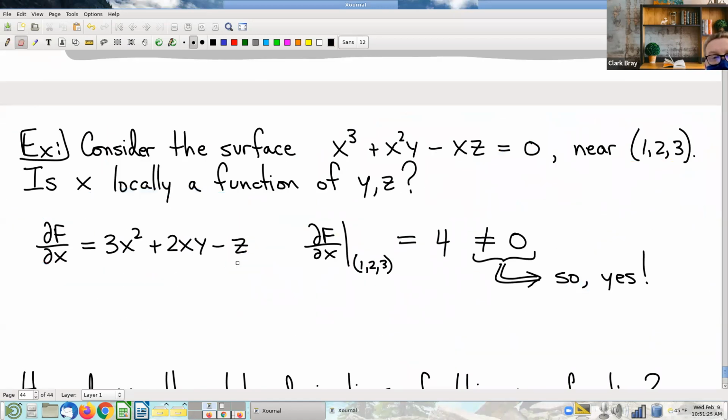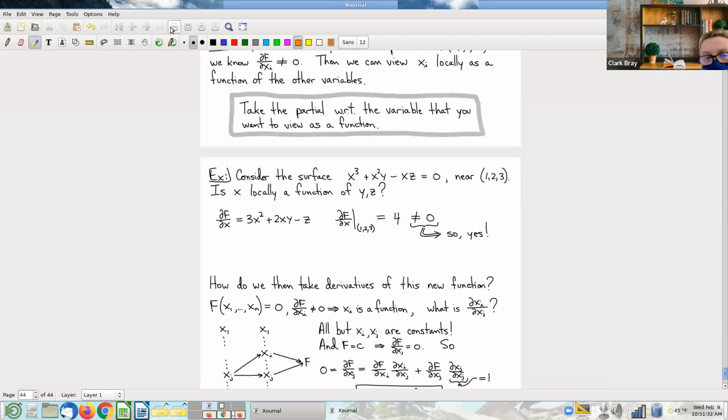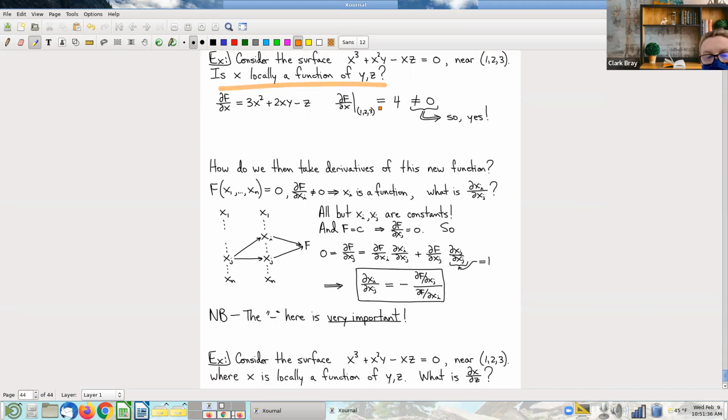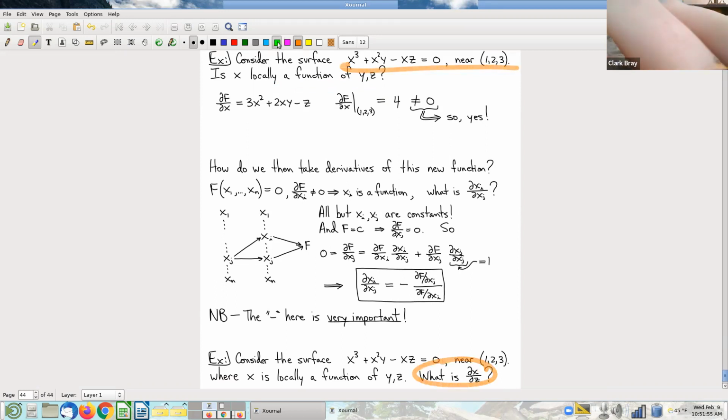So if the question were kind of a combination of the two examples that we have here, the first example says, is it a function? Second example says, what is that partial derivative? Right. And by the way, that's how questions tend to come at you. So thanks for the question. By the way, this was going to be the next thing I was going to talk about. If the question is, here's a surface and a point, what is the partial derivative? Step one is to establish that the thing you want to take the partial of